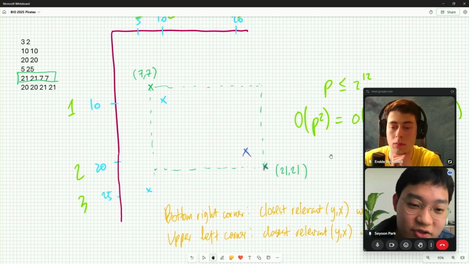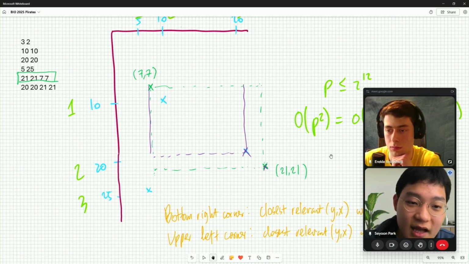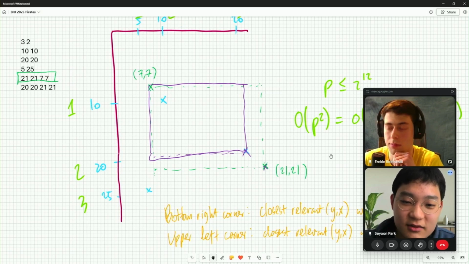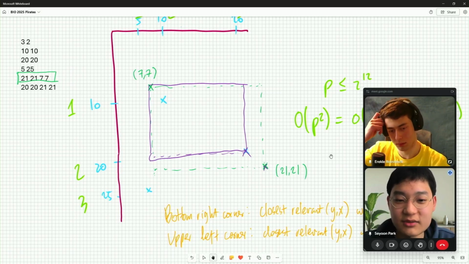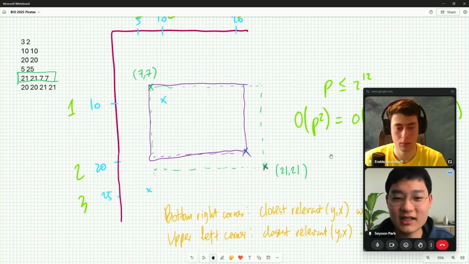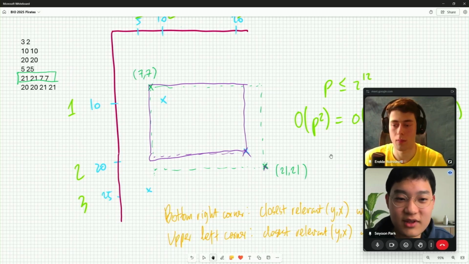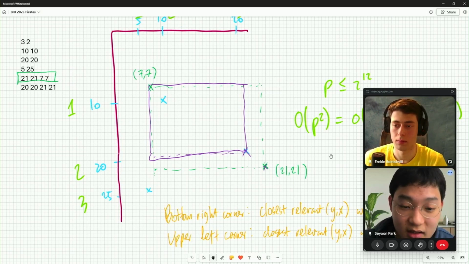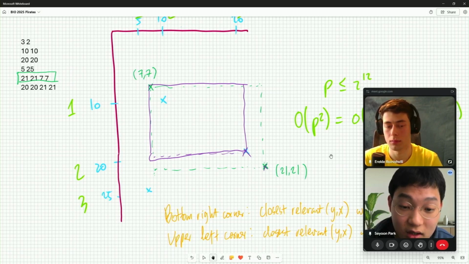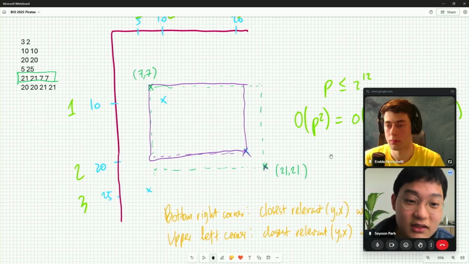So you can actually shrink the rectangle into this region, and that would still give the same answer because we've basically skipped all the spaces that are not relevant, and this wouldn't change the answer at all. And same with the upper left corner, you can shrink the region again.